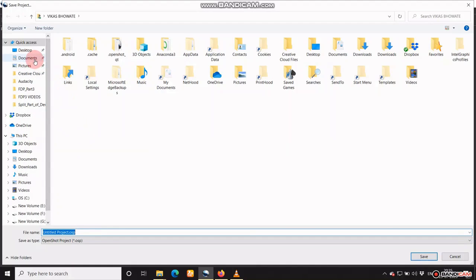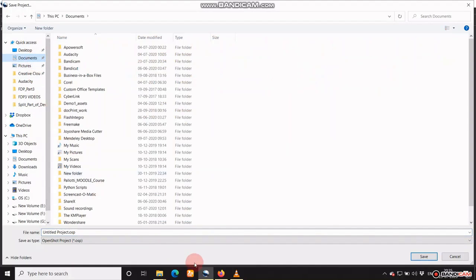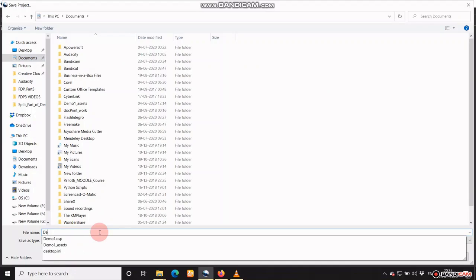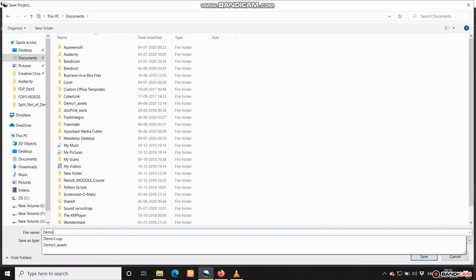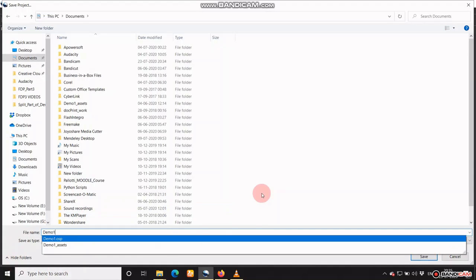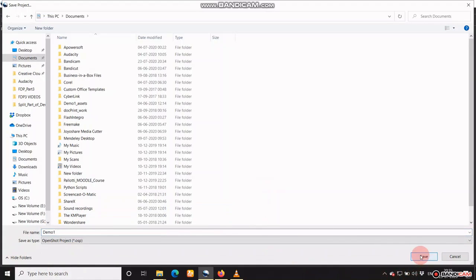So I am going to save this in document. See, the extension which is given over there is .osp. So I will give name as demo 1.